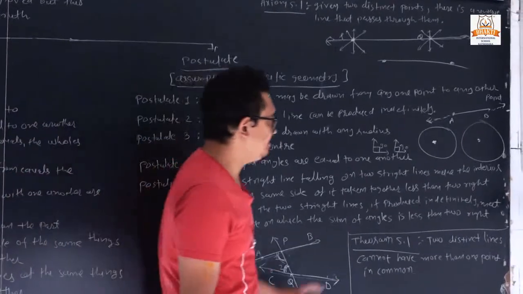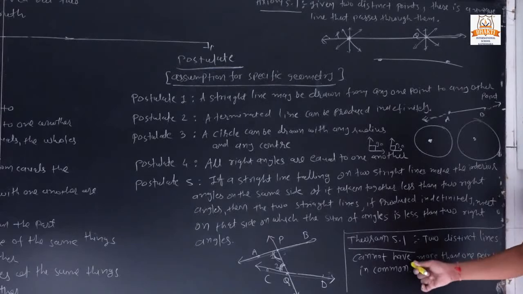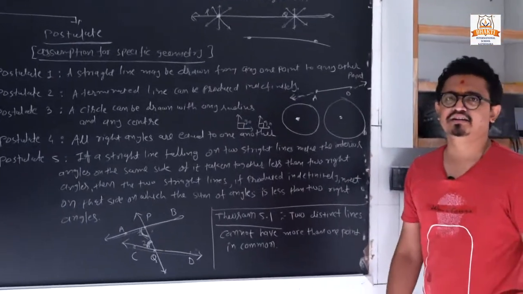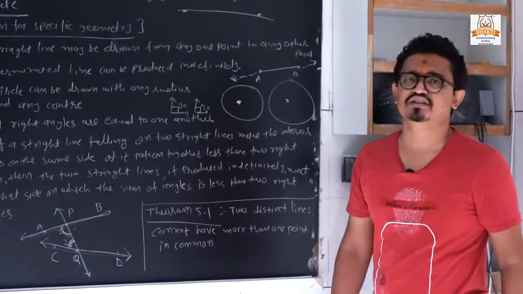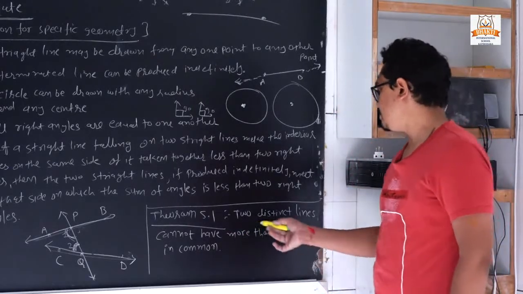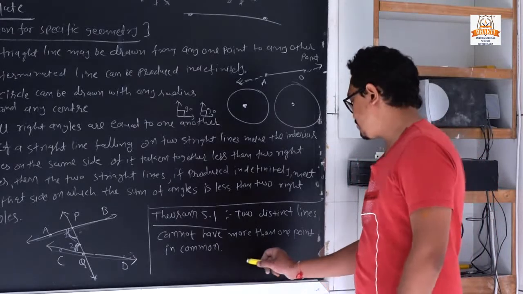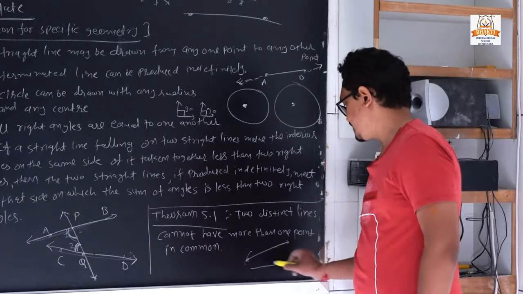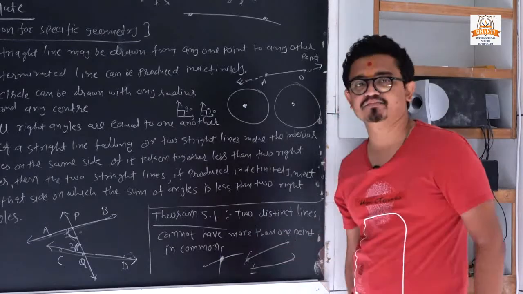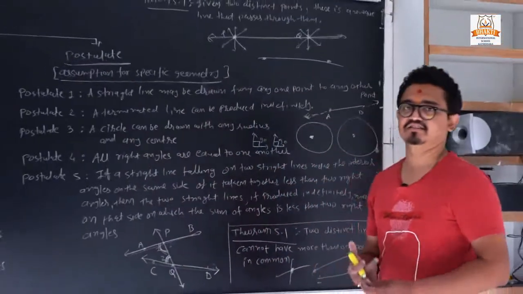And the last thing of that chapter before we start our exercise number 5.1. So this is the last thing, our theorem number 5.1. We have only the statement, and the proof will be made on the assumptions. So you need to remember only the theorem statement. So what is its statement? 2 distinct lines cannot have more than 1 point in common. Clear? So if we have 2 lines, they have only one common point like that. See that. So 2 lines have only 1 point. Clear? They do not have more than 1 point in common.